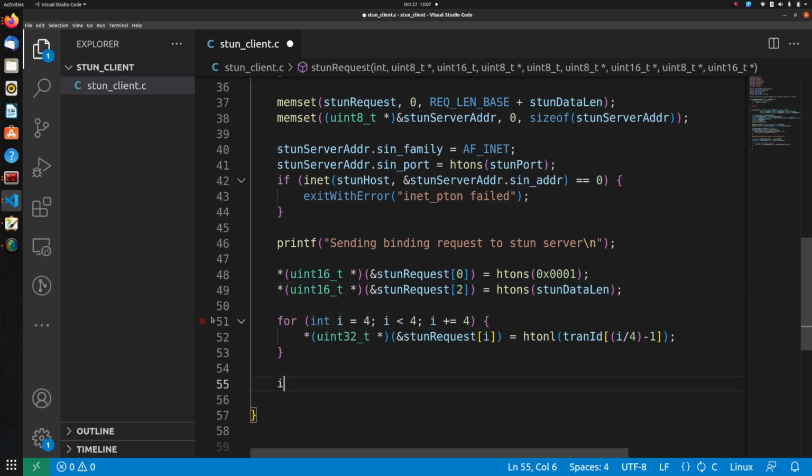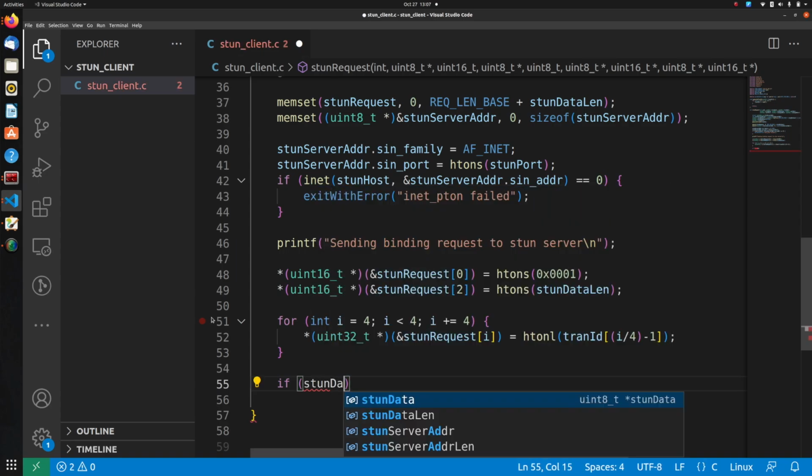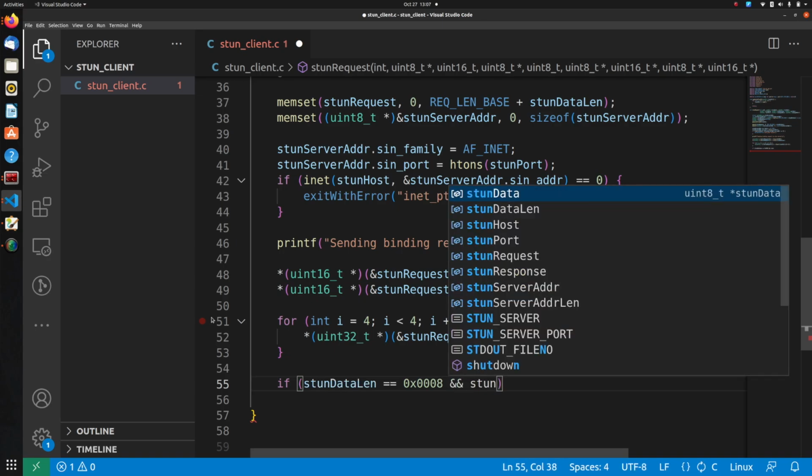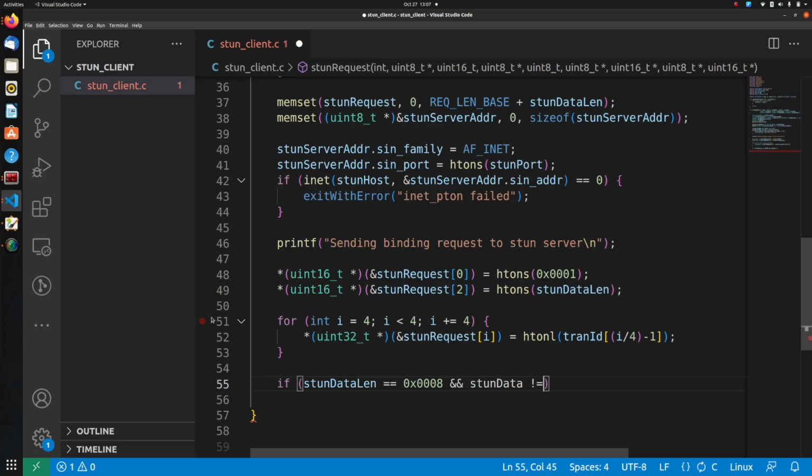So now moving forward, we do a little check over here, and we say if stun data length is equal to 0x0008 and stun data is not equal to null. So if it's a change request, the length of the custom data in the stun request is 8 bytes long, and in that case we will simply insert that data after the transaction ID. Let's do that. 8 bytes is basically 64 bits, so we can directly use a